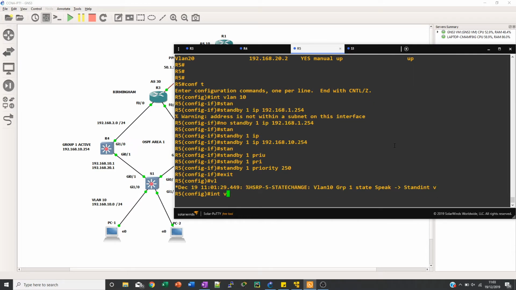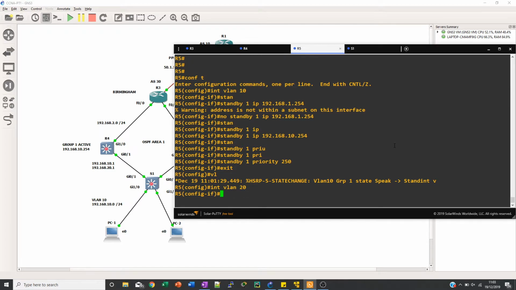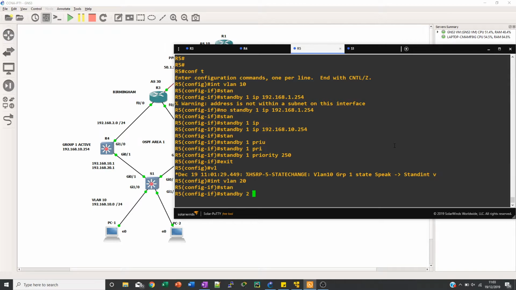So interface VLAN 20, and I'm going to go with standby 2. This is going to be in group 2. I'm just leaving both of these within version 1, just because there's no need for version 2, but you can change to version 2, and this gives you a lot more groups, I believe, that you can create. And you can also change the failover time to milliseconds rather than a few seconds, because the